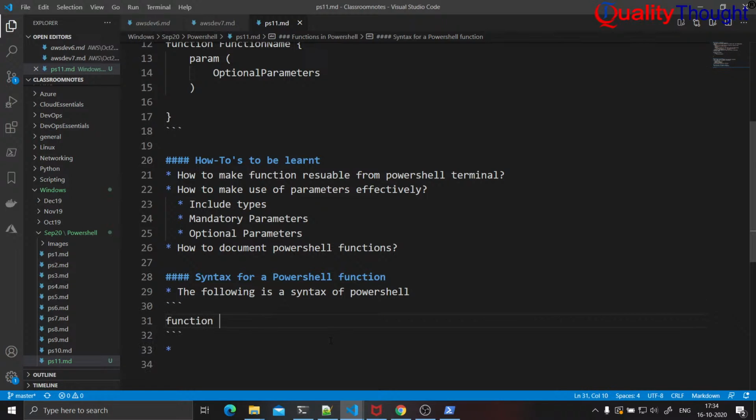Function, and then there comes something called as scope. And then you will have name. Name is the name of your function. Right. And then